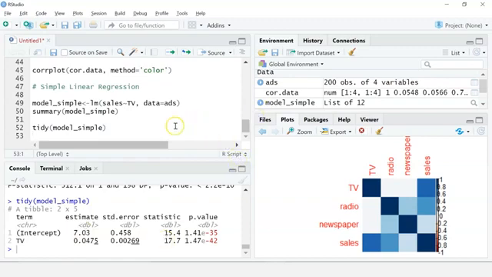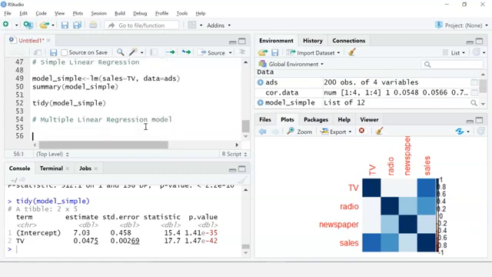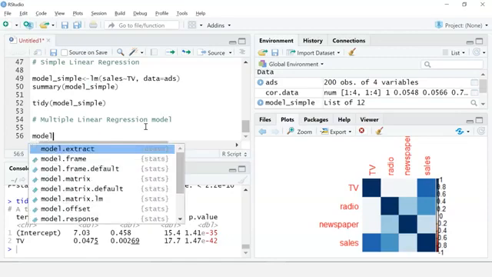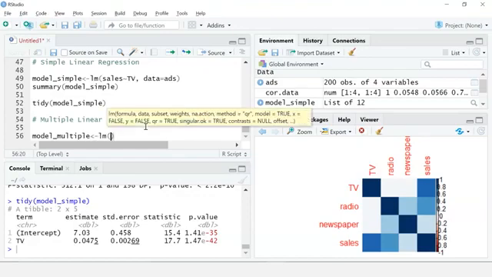Now let's build a regression model with more than one input variable. So we'll build a multiple linear regression model. I'll take my variable name as model_multiple this time, and I'll use the same lm function.